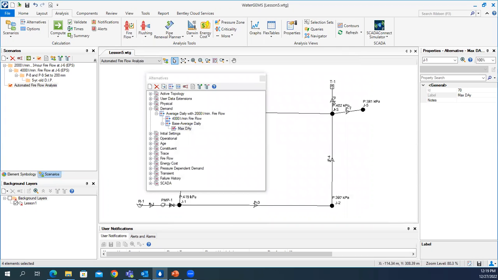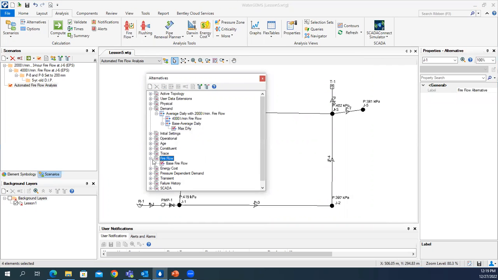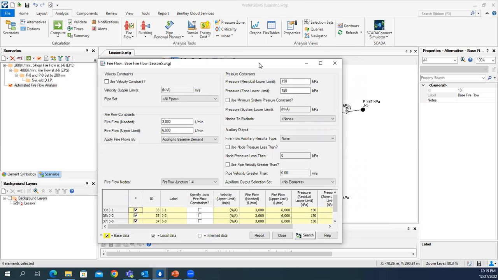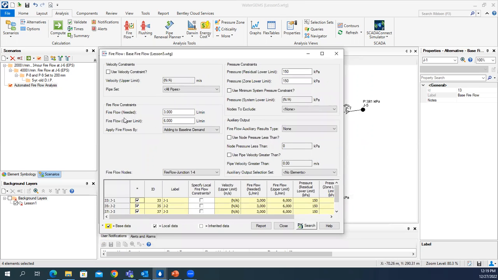Next, I'm closing this option. The next part is to select the fire flow alternative. From here, you can see the fire flow alternative. Just click on it, base fire flow. You will find a dialog box where you have to give different inputs. For example, for the fire flow needed, I have given 3000 liters per minute. You can give it according to your need. The fire flow upper limit is about 6000 liters per minute. And you also have to give a pressure for the residual lower limit and the zone lower limit. And then you have to